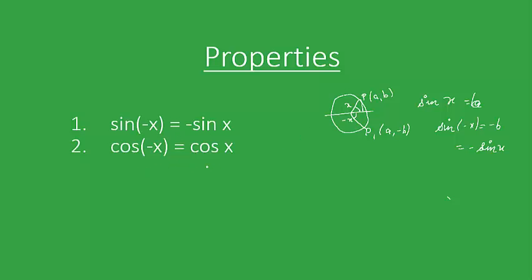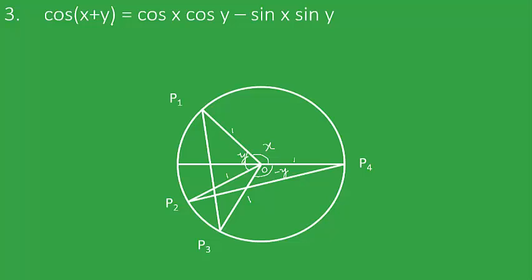So similarly, you can see that cos x is equal to a here, and cos of minus x is also a. Therefore, the property is satisfied. We'll use this property to generalize some of the basic things for the next properties. So let's look into how to prove cos of x plus y is equal to cos x cos y minus sin x sin y. This probably will be helpful in solving the next properties and the